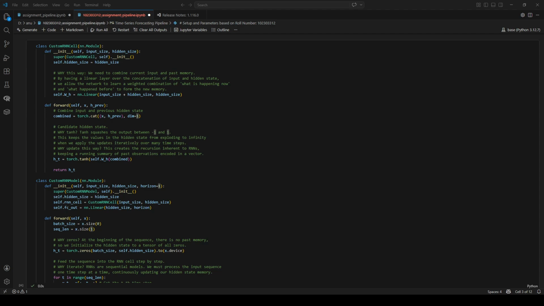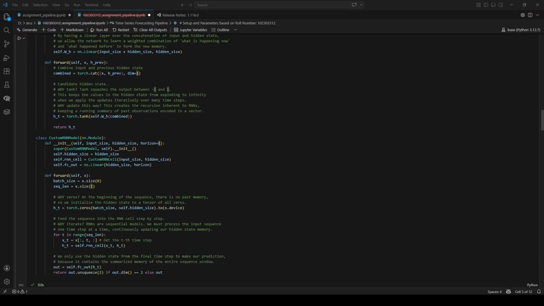Now coming to the custom RNN cell. Unlike the MLP baseline, which flattens the 13 days and loses all sequential order, my custom RNN processes the data step by step. At each time step, the input concatenates with a hidden state that acts as memory of previous days. We pass this through a linear layer and a tanh activation function, which keeps all the values from exploding to infinity as we loop. This updated hidden state carries over to the next step. This recurrent design is exactly why the RNN captures sequence dependencies so well.